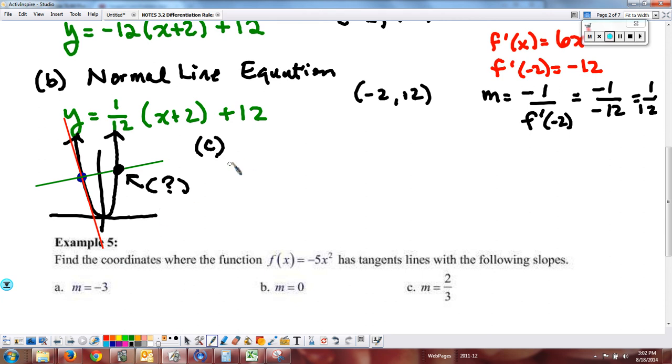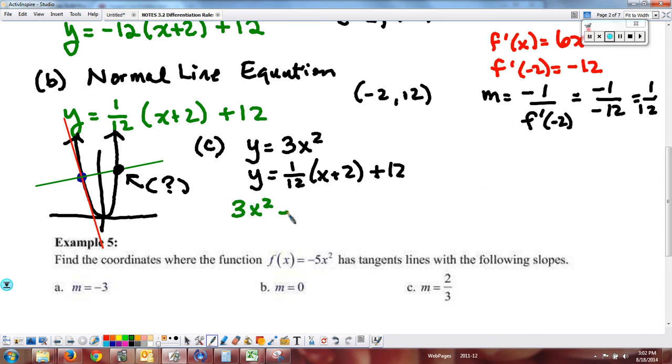Well, to find the intersection, I take the parabola, which was y equals 3x squared, and I take the equation of the normal line, y equals 1/12 times (x plus 2), plus 12, and to find the intersection, you simply set them equal to each other. So the work for this, we would say 3x squared equals 1/12 (x plus 2) plus 12. Little trick, we can multiply by 12 to get rid of the fraction, so we don't have to worry about it. So 12 times 3, 36x squared equals x plus 2